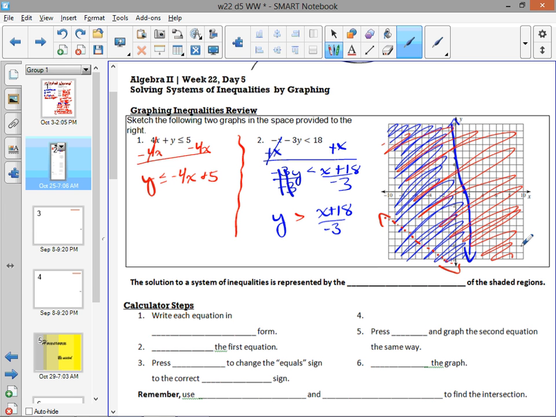Now, we'll fill out the steps and then we'll do a problem. If we did these two separately, if this was a system of inequalities, the answer over here was where they intersected, right? Okay, the points where they intersected. Over here they don't intersect at a point. They intersect at a lot of points. So the answer would be,